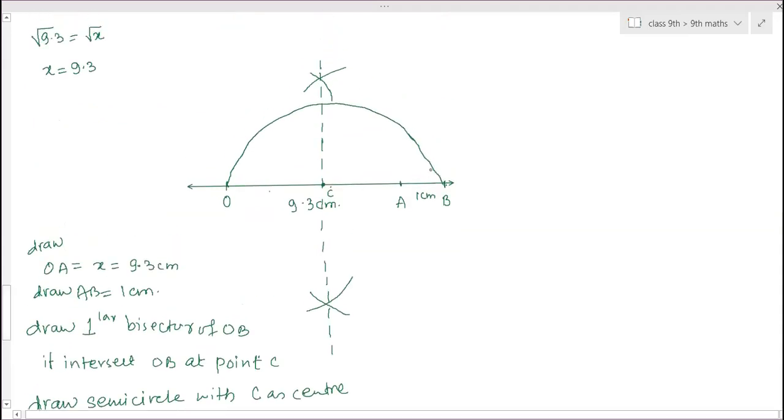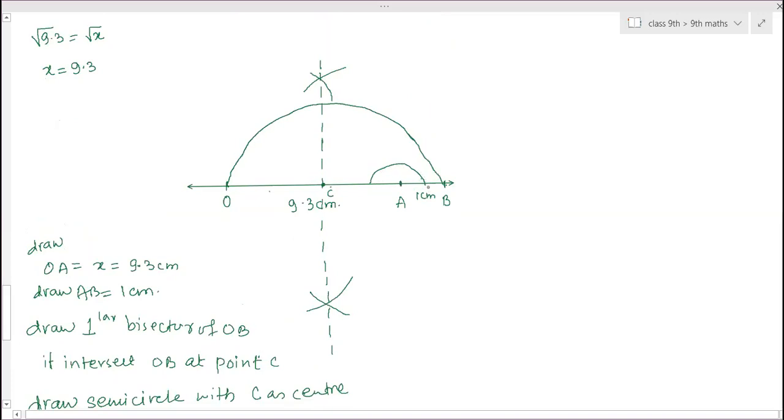Okay. Now at point A, we have to draw the 90-degree construction with the compass. So first draw an arc with point A as the center, of any smaller radius. Then you know the 90-degree construction. Yes, ma'am. So this is point A.